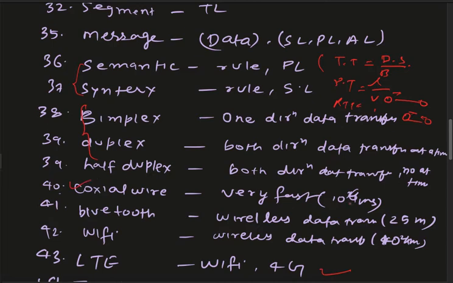और वायर के बारे में, इसका कितना रेंज होता है, इसका 1 किलोमीटर होता है, इसका 1 Mbps होता है कोएक्सियल वायर में। और कोएक्सियल वायर की बहुत सारी प्रॉपर्टीज हैं, जो बता देते हैं आपको। देखिए, वायर 4 तरह के होते हैं, ठीक है। वायर के बारे में बता रहे हैं।